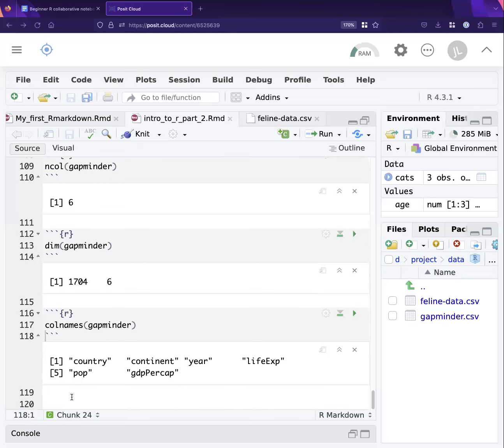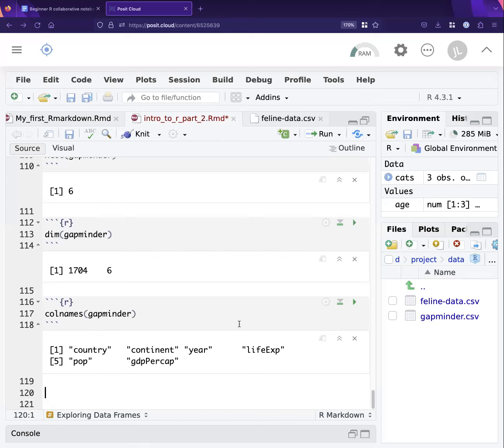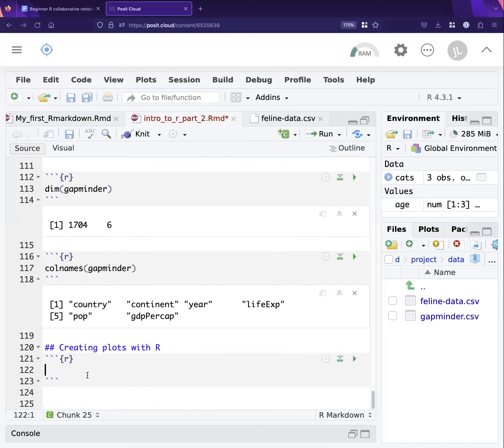we'll create a new section down here in my R Markdown on creating plots with ggplot. I'm going to create a new code chunk here. Scroll down, create a new code chunk. So here,